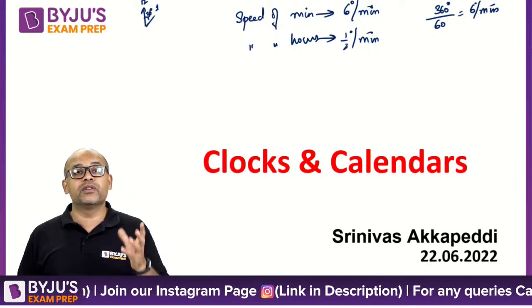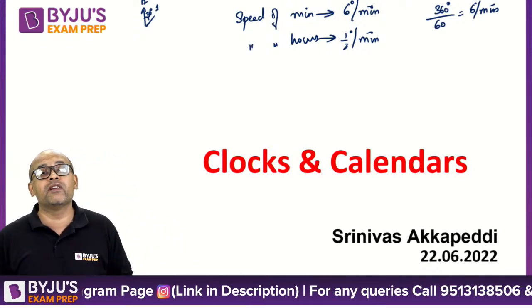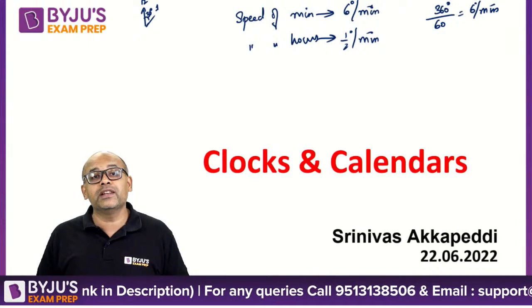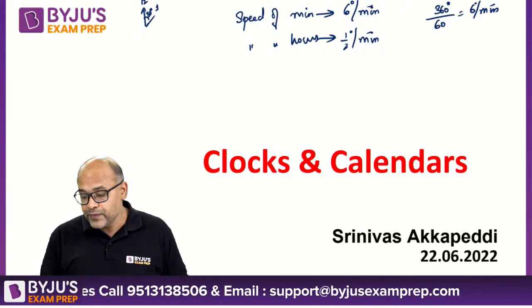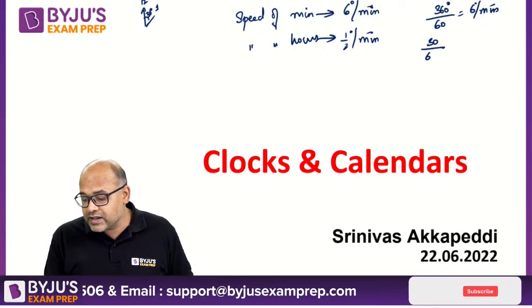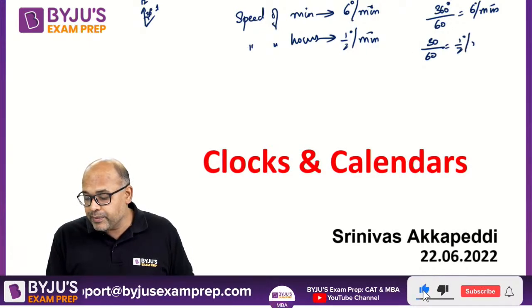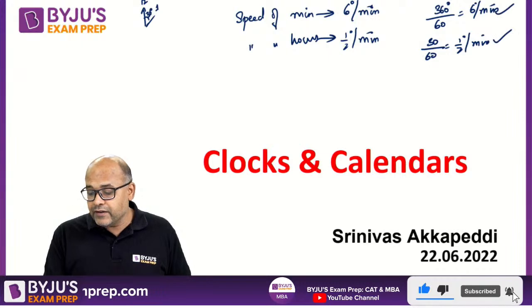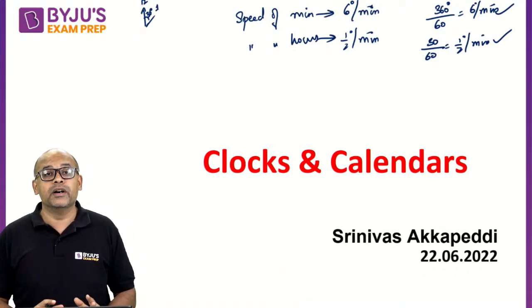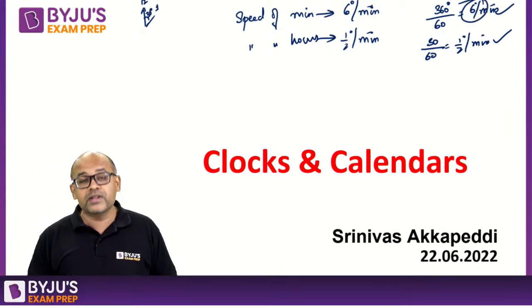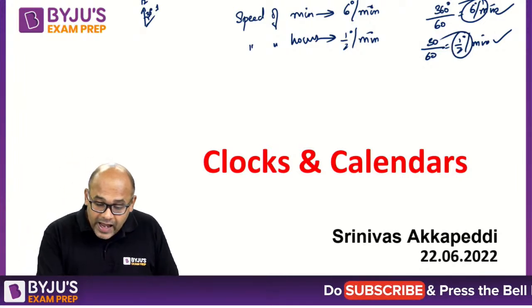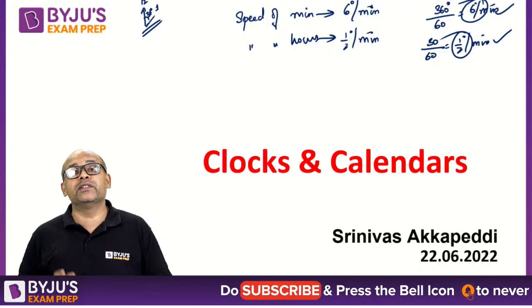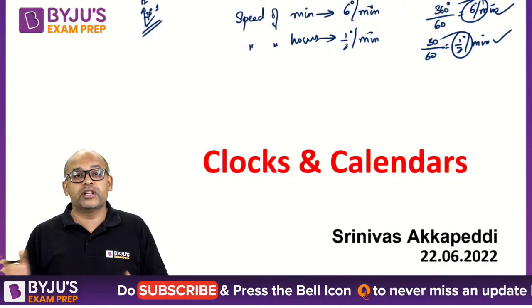All of you know this because the clock is divided into 12 equal parts, so each part is 30 degrees. So an hour's hand moves 30 degrees in 1 hour, that is 30 degrees by 60 minutes, which is half a degree per minute. So these are standard values that you should remember: the speed of the minute's hand, the speed of the hour's hand, and the angle between any two consecutive hours, 12 to 1, 1 to 2, 2 to 3, is always 30 degrees.